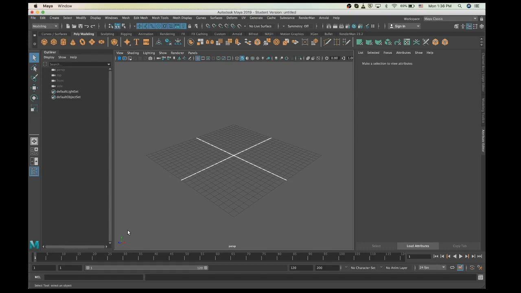Rigging is the process of creating a skeleton or joints for your mesh, any kind of mesh that you have, and with the skeleton that you created you can basically manipulate your vertices or your mesh. So the reason you need to know about rigging is because many of the movements